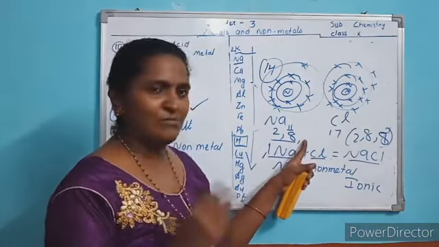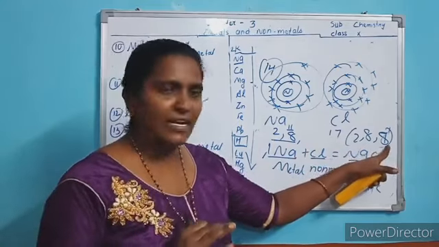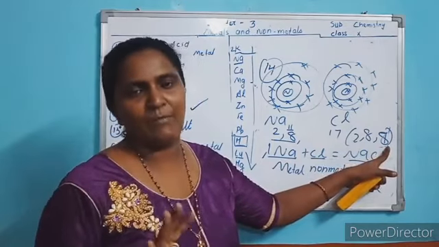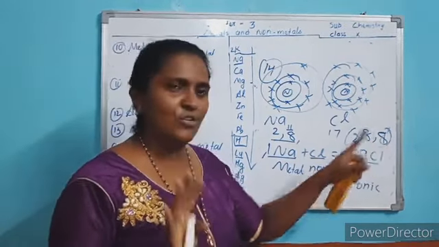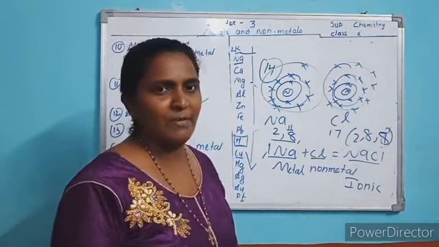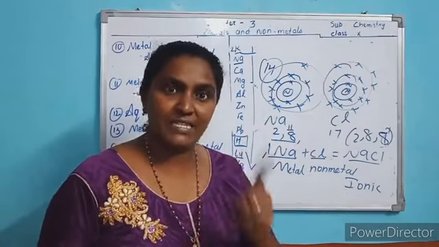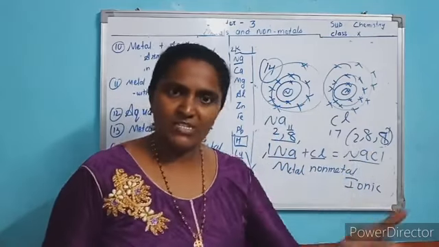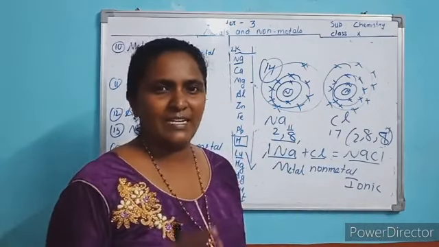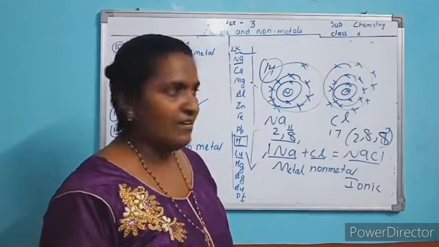Because in a metal the outermost shell has 1 or 2 or 3 electrons. In a non-metal the outermost shell may have 5, 6, 7 electrons. So by this electron count you can understand whether it is metal or non-metal. You will study this in the 5th chapter, for now keep in mind: last shell 1 or 2 or 3 electrons means metal. If last shell has 5, 6, 7, it means non-metal. 4 can be metal, and don't bother whether it gives or takes; that we will see later. Understood?